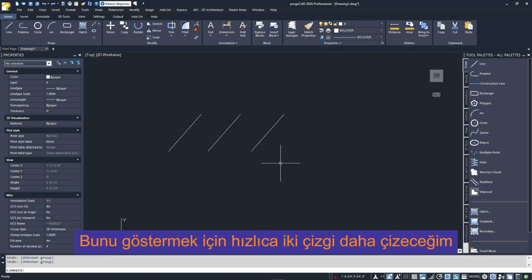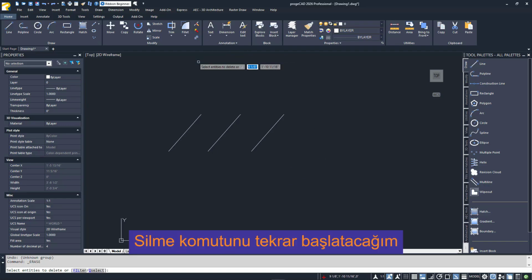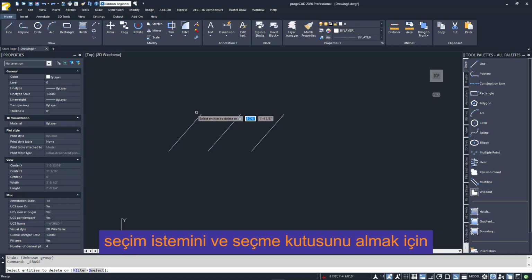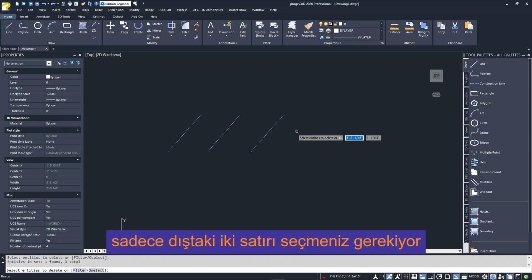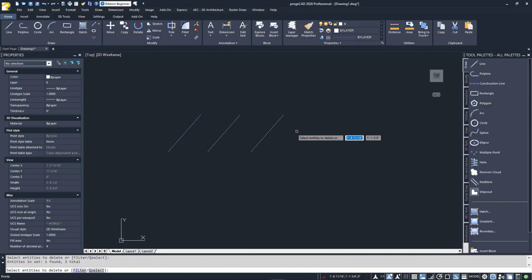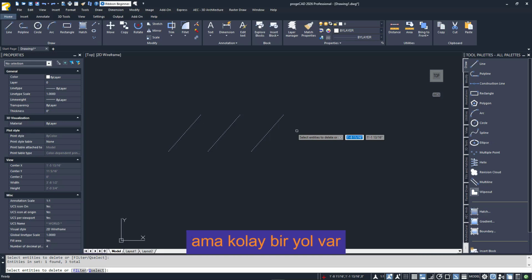I'll quickly draw two more lines to demonstrate. I'll launch the Erase command again to get the selection prompt and pick box. Then select all three lines. All seems fine until you realize you only need to select the outer two lines and not the middle one. Yes, you could hit the Escape key and start over, but there is an easy way to remove things from